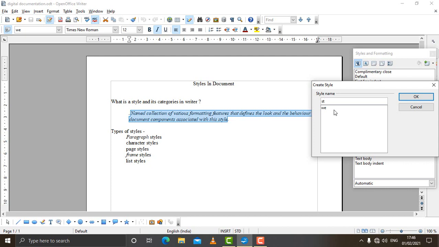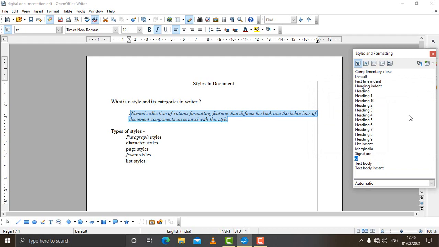You can give whichever name you want and click on OK. So as you click on OK, you can see here NUST. This is the current style of this particular document, and in future whenever you want you can apply this to any document whichever you want.